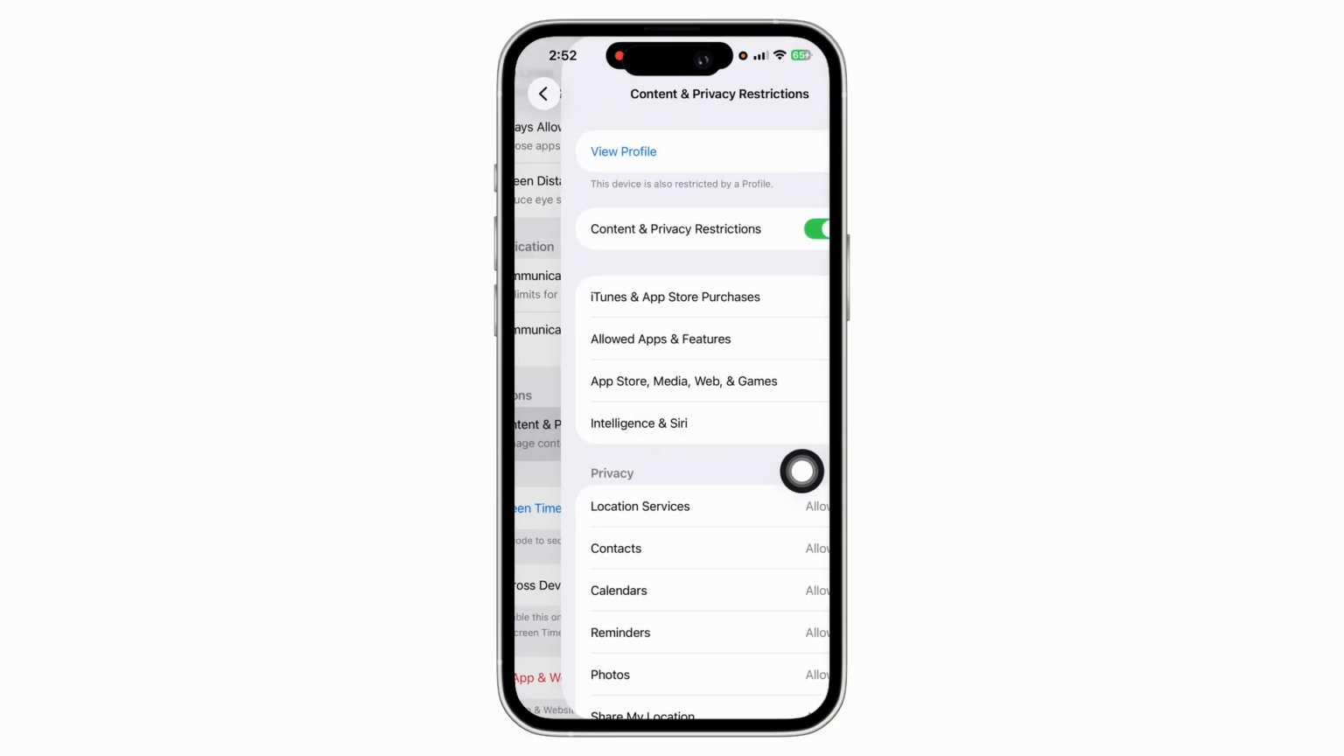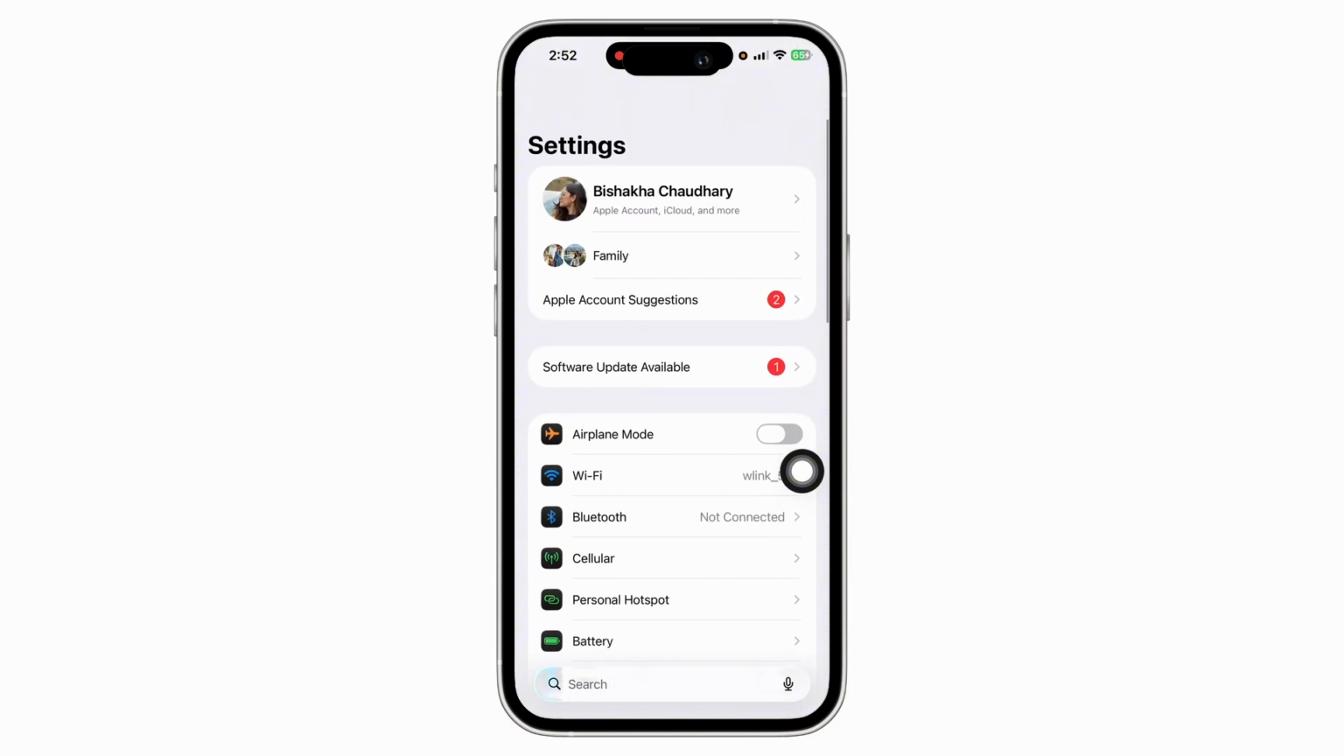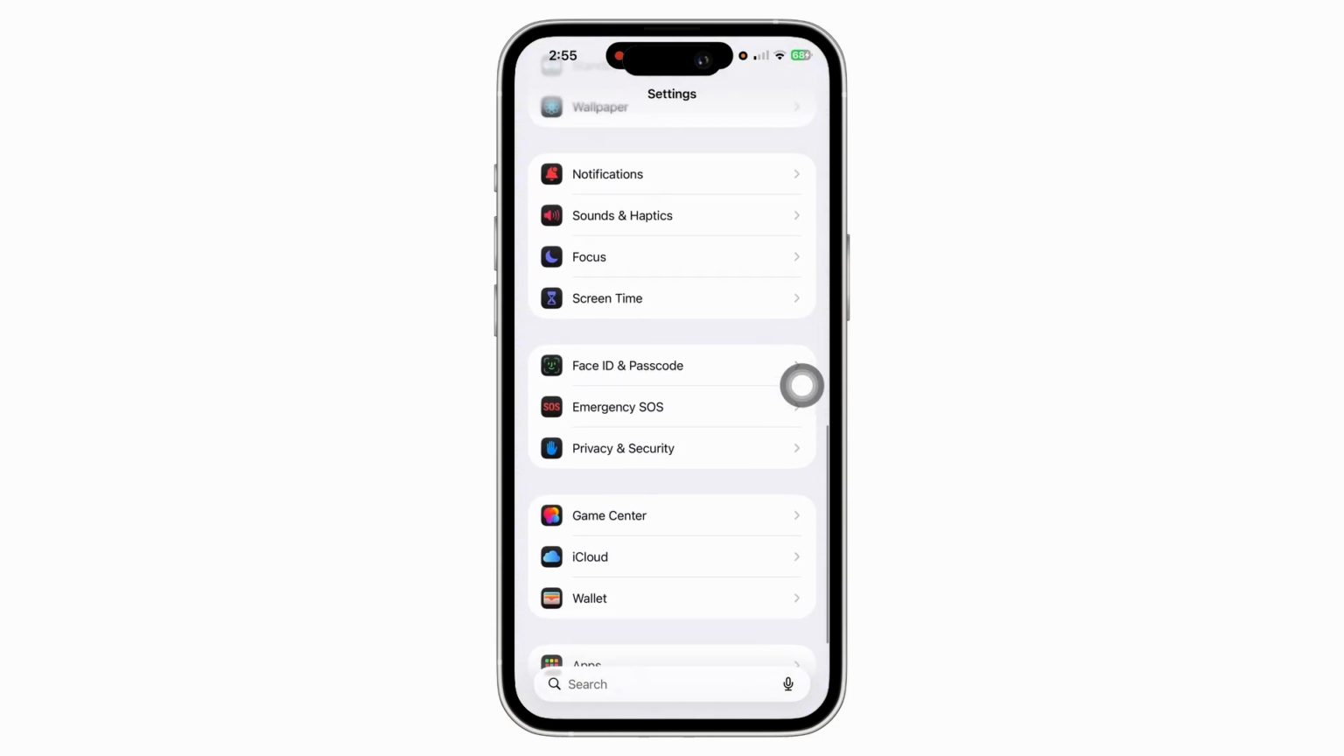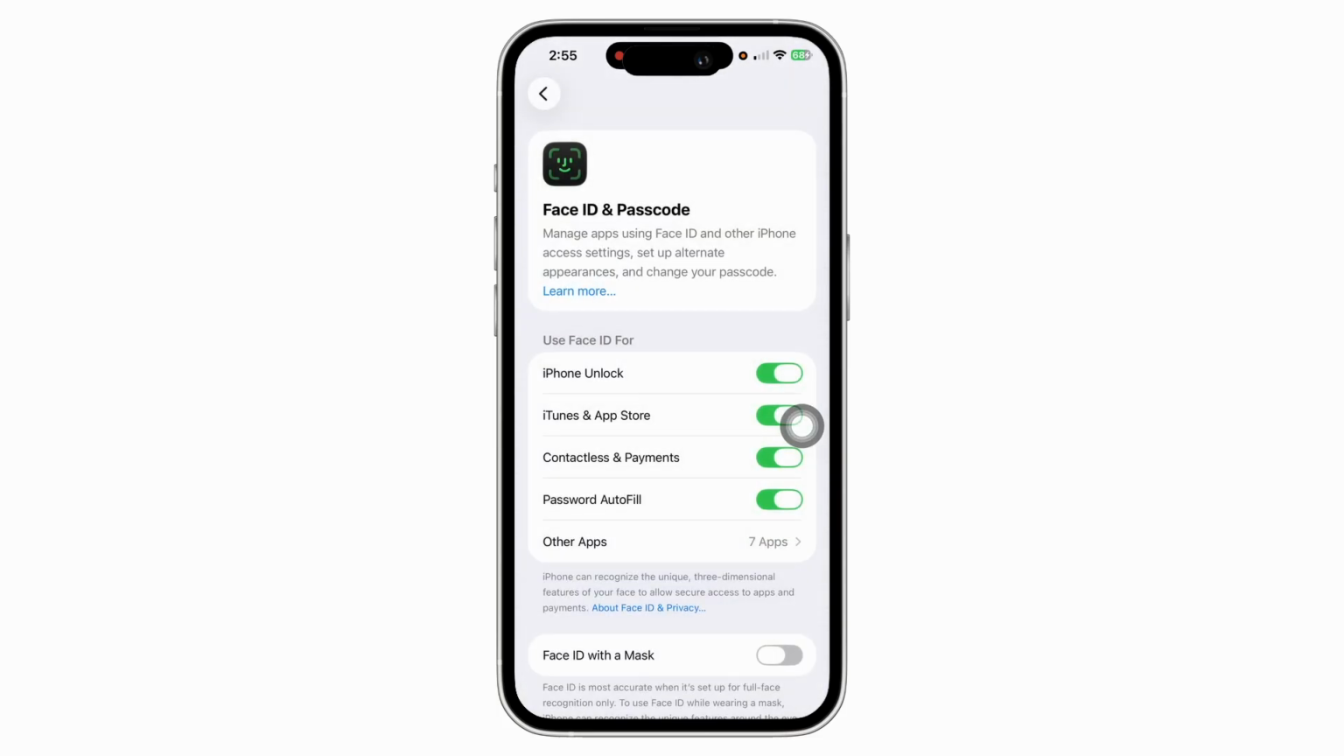Additionally, go back to Settings homepage, scroll down and tap on the Face ID and Passcode option you see there. You will then be required to enter your passcode in order to unlock this page. Now, in this particular interface under the Use Face ID For tab, simply toggle off the toggle button for iTunes